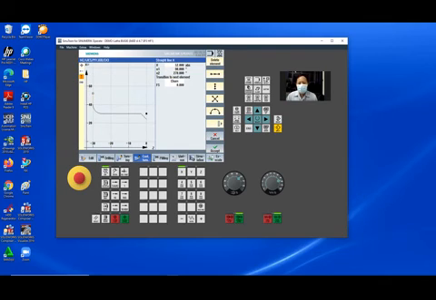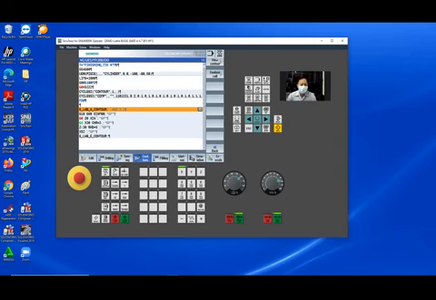Chamfer reduce. Accept. Like this. Now you see, nearly the same as our programming, but this is actually automatically generated by the cycle.